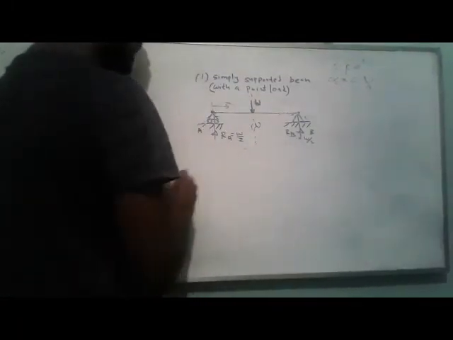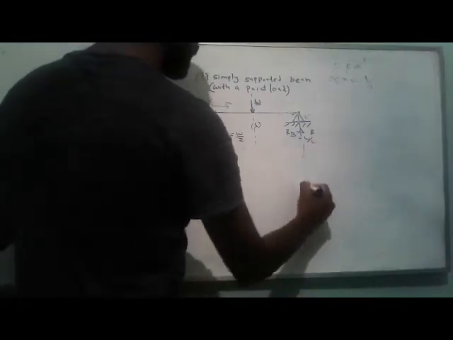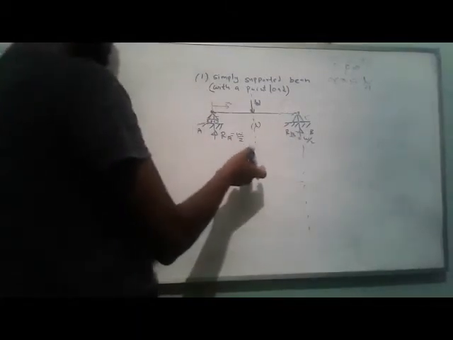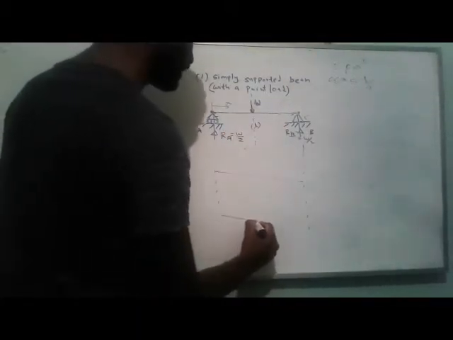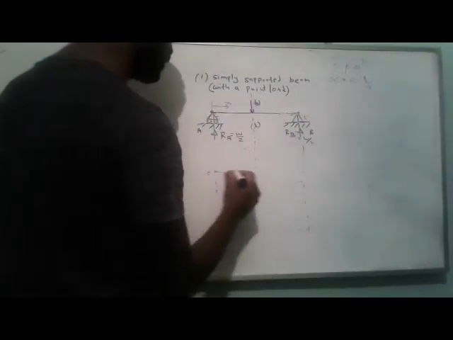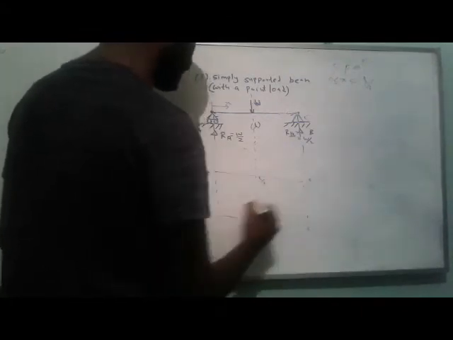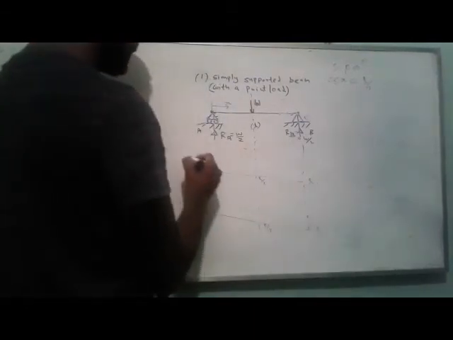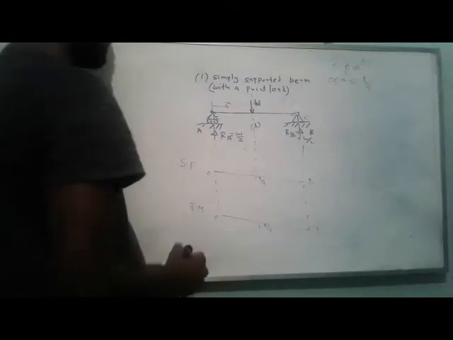That's the sign convention. Before we draw this shear force diagram, let's consider this beam. It is better to draw those diagrams under the beam like this, because it is easy to understand. This is the middle. This is 0. Here it is L over 2, the middle. This is L. This is also 0. L over 2. Here it is L. This is the shear force diagram. This is the bending moment diagram.